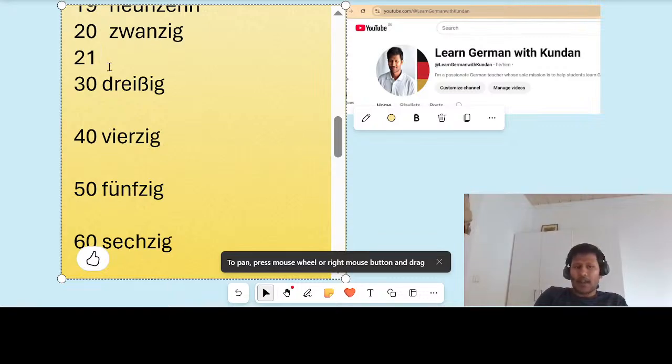So how should I write it? Okay, this is the trick. From here on it will become very, very easy. So first letter you have to see, this is what is that in 21? First unit place is what? Can anyone tell me? Eins, right? Yes or no? So this will become what? 21. Okay, but don't write 21. From here on, whatever unit place you see, eins, you don't have to write eins. It is 21. Okay, so how we will write?